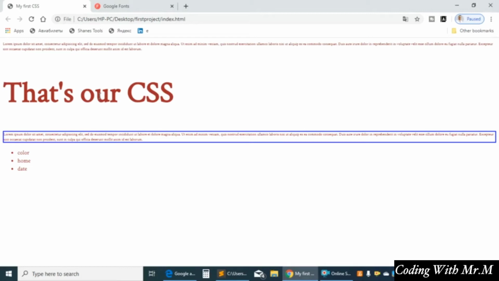So guys, and I'll tell you about REM a little bit. I'll give you some simple, let's say, simple explanation to the CSS units. So for pixels, so